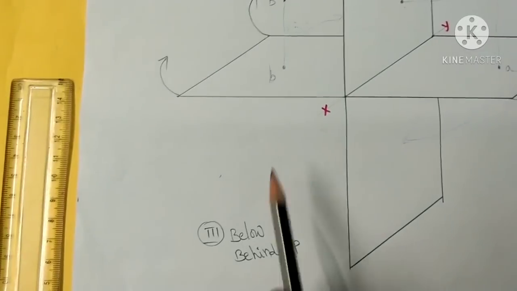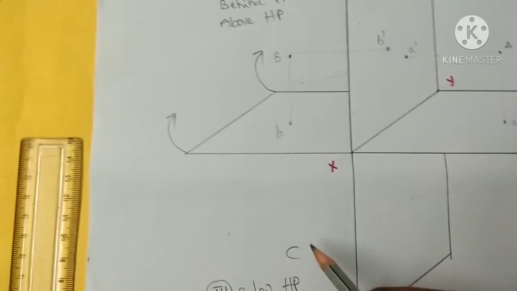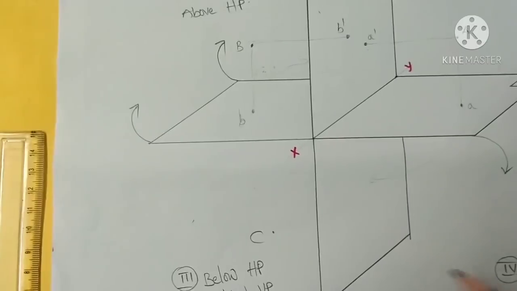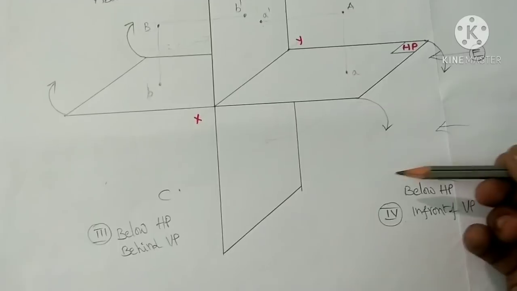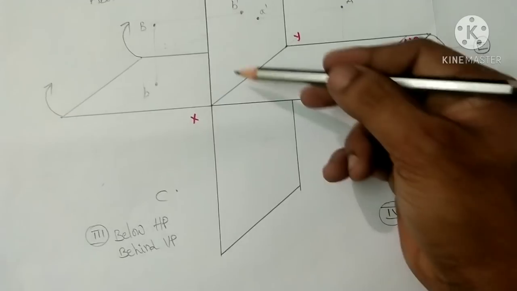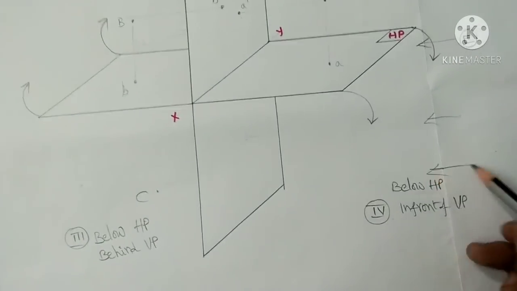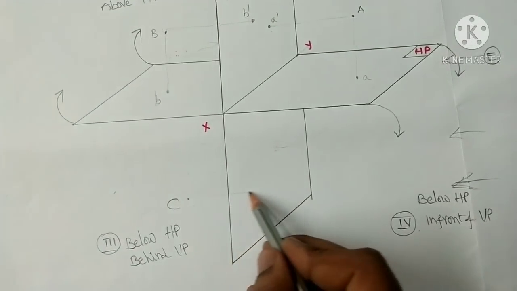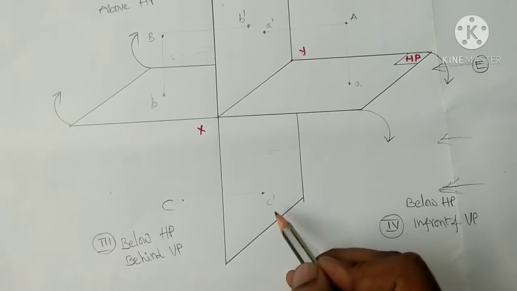And now let us move to the third quadrant. If you come to the third quadrant, suppose I have a point C in this particular quadrant. This is located below the horizontal plane, behind the vertical plane. So we have to see the object in this direction for front view. At that time this plane is located between the point and the eye of the observer, so we should assume this plane as transparent. Only then are we able to see this point. So here front view will be projected onto the vertical plane. So this is small c dash, because this is the front view naming representation.